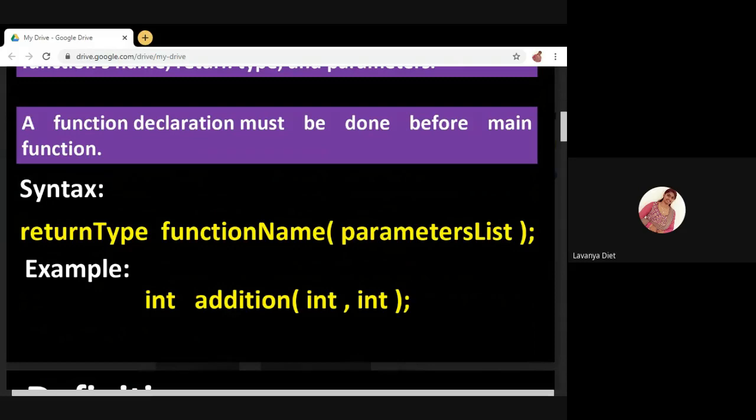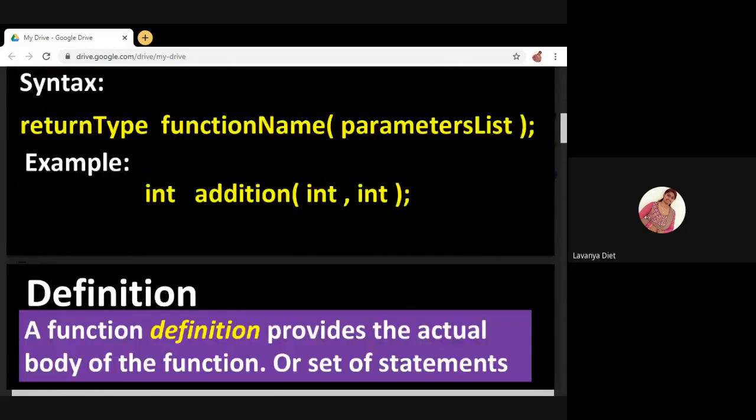If it is returning a float value, you must specify float in the place of the return type. If it is returning a character, you must specify char. If it is returning a double value, you must specify double. If a function is not returning any value, then you must specify void.